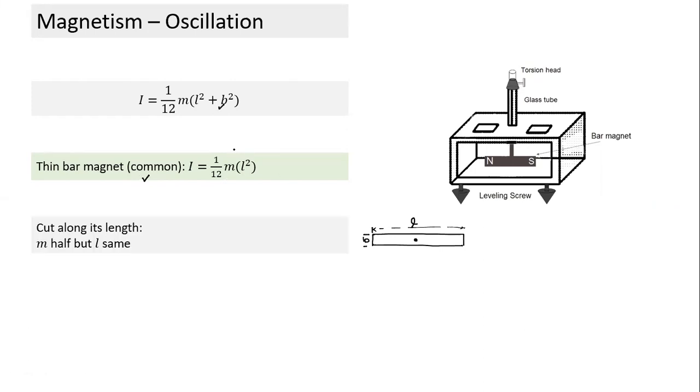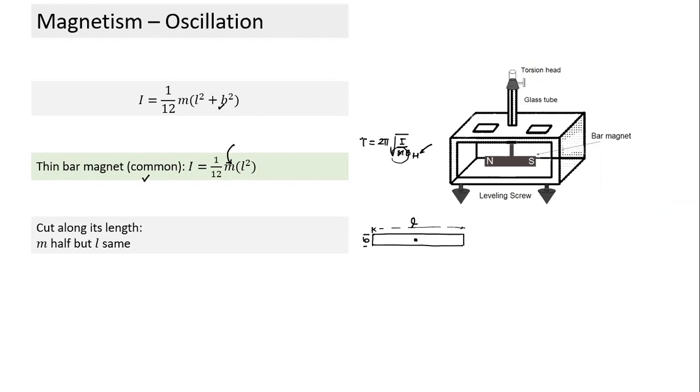M here is mass, it's not magnetic dipole moment. Now the question comes: using this formula, what was the time period formula? Time period was equal to 2 pi root I by M into BH. So using this apparatus, if at a place BH is known, is it possible to find the magnetic dipole moment here?